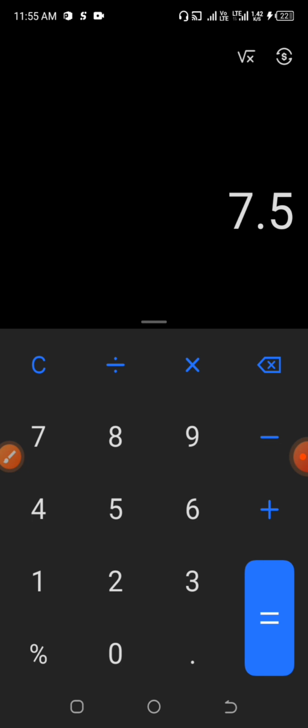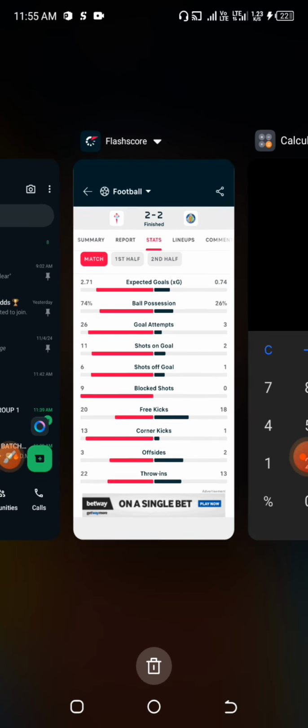And one thing about this is that any game that falls below 5 after dividing by 2, maybe you are getting 3, or 4, or maybe 4.5, shows that those kinds of games are games where you are not to expect more corners, and you should always avoid them. So now let me put you guys through the second game that I predicted that day, and I discovered that this also falls under small games that end up in small corners. So let's check it out.